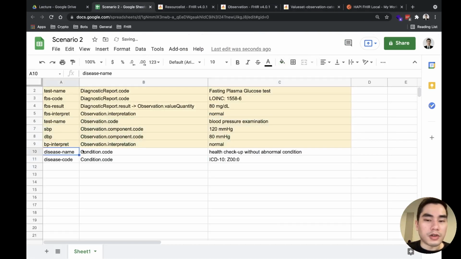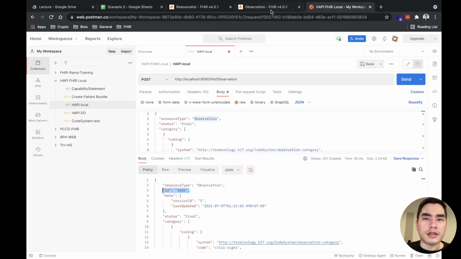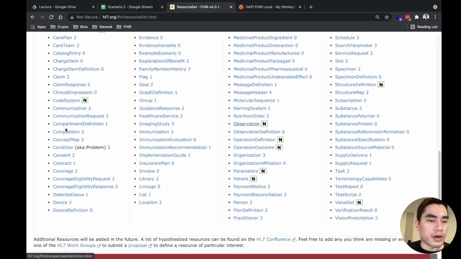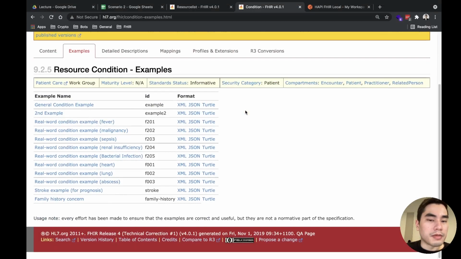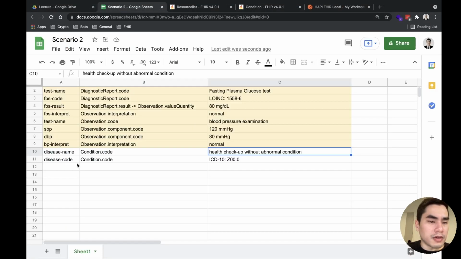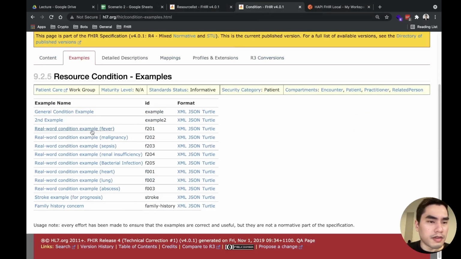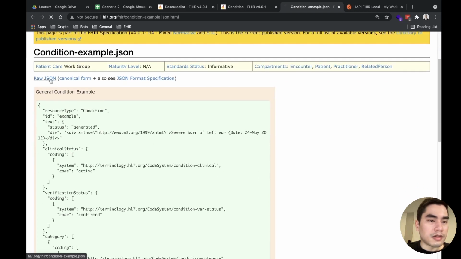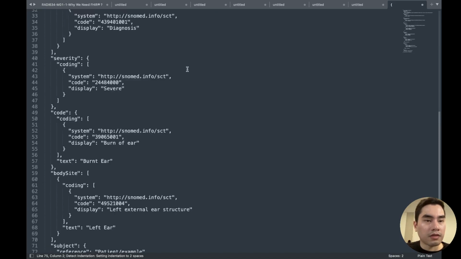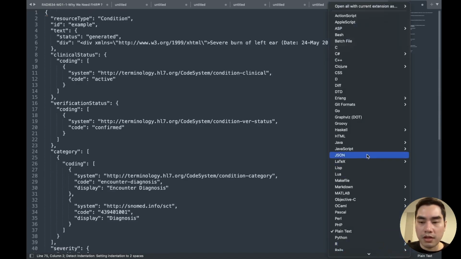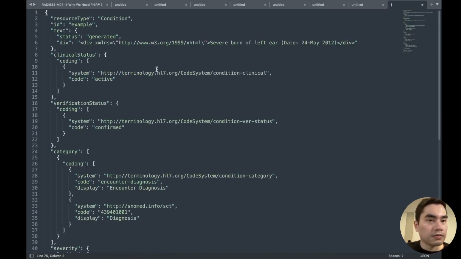And the last one is condition. This one is pretty easy. You go here and then you grab some example. They only have this condition and code, so basically anything will be fine. Like this. And then here, JSON.